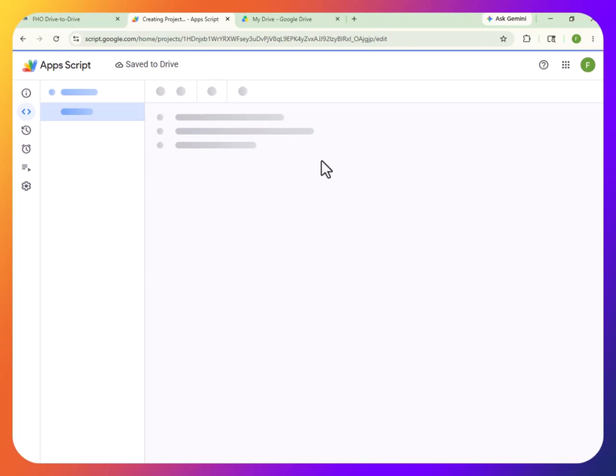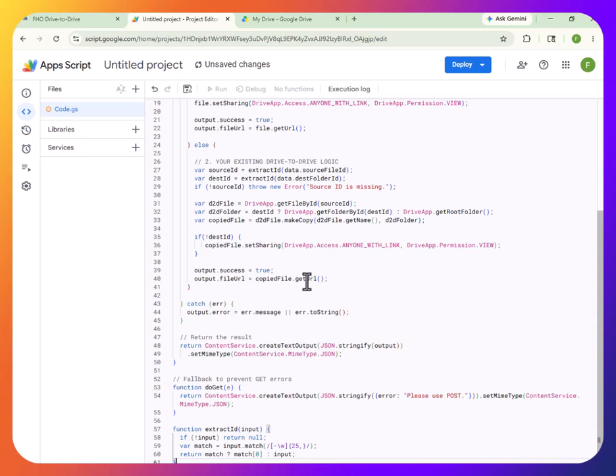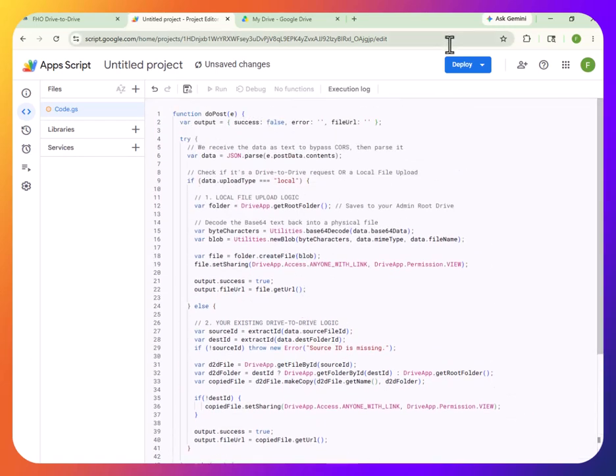When you click on new project, it will redirect you to this interface. Simply delete all the code here and paste the script you have copied from our site. When you paste that code, simply click on the deploy button above. You will see a few options. Click on new deployment,